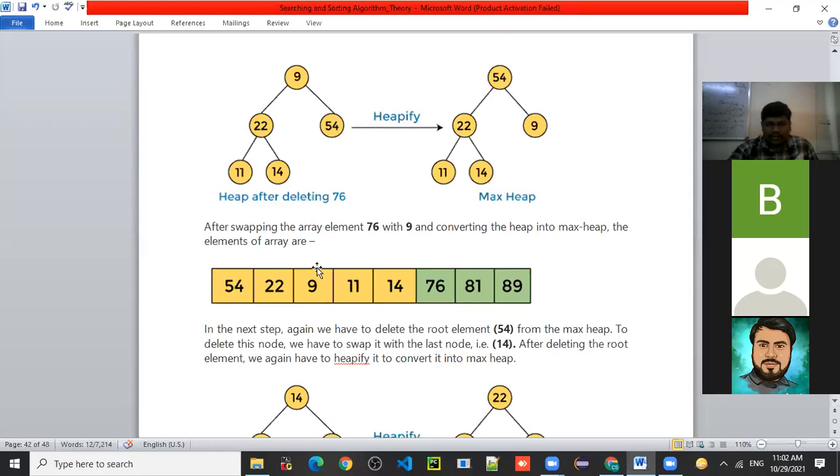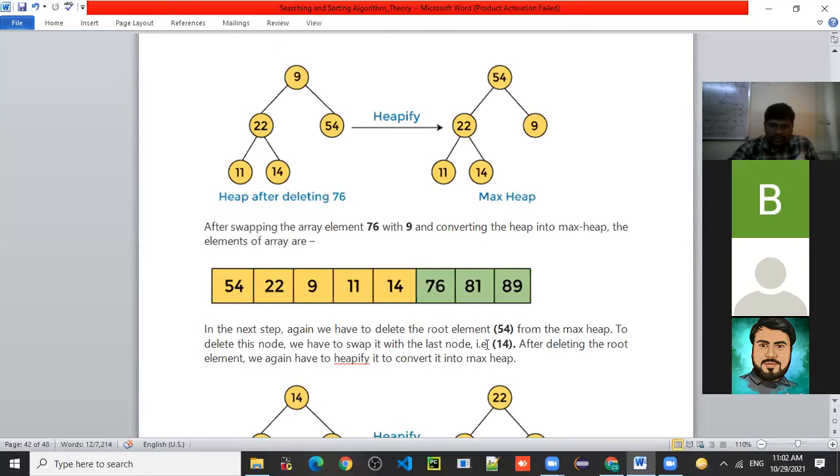After swapping the array element 76 with 9 and converting the heap into the max heap, the elements of the array are 54, 22, 9, 11, 14. And these are the sorted sublist: 76, 81, and 18.